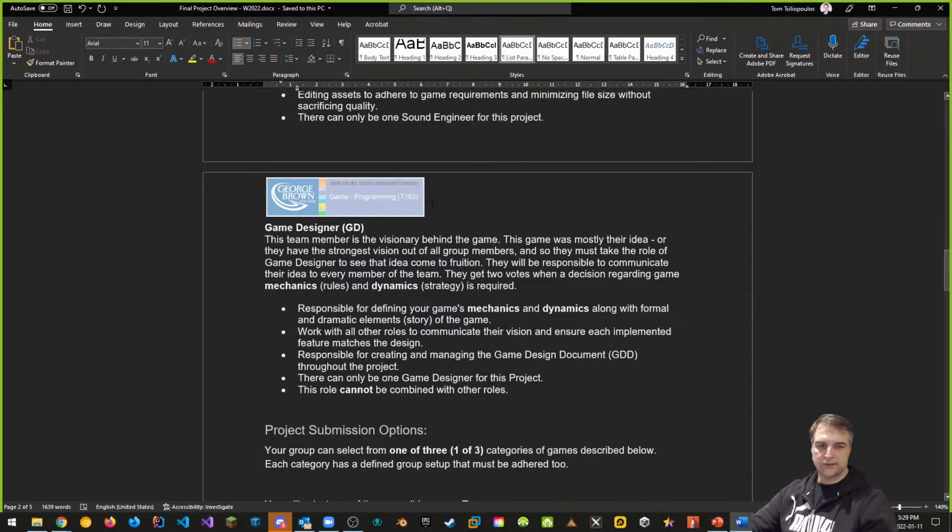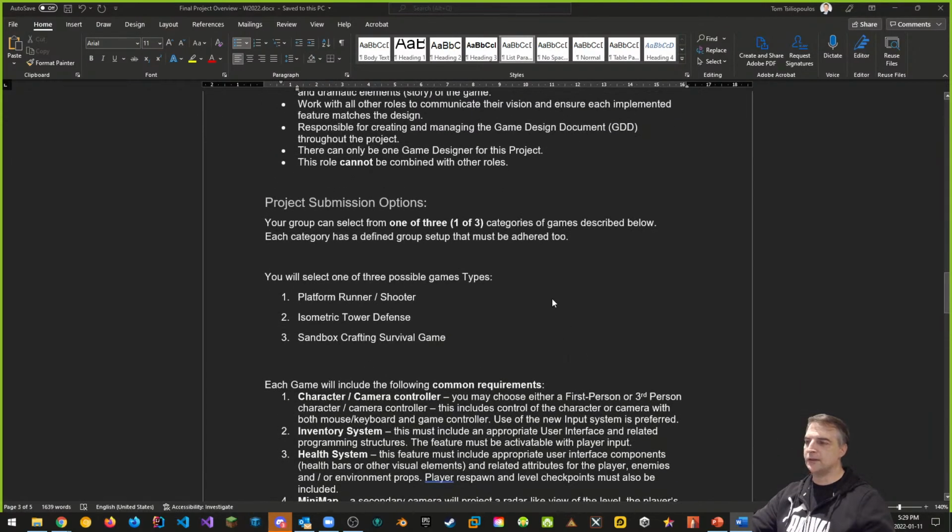All right, so that is the specialty roles. The ones that are required, and I'll say this again, are game designer, I'll put them in the chat, so game designer, lead software engineer, and game producer. So you need to have those. The rest you can combine, mix and match, do whatever, but you can only have one technical artist and one audio engineer. Why is that? Because remember, everyone here in this course is a programmer. Okay?